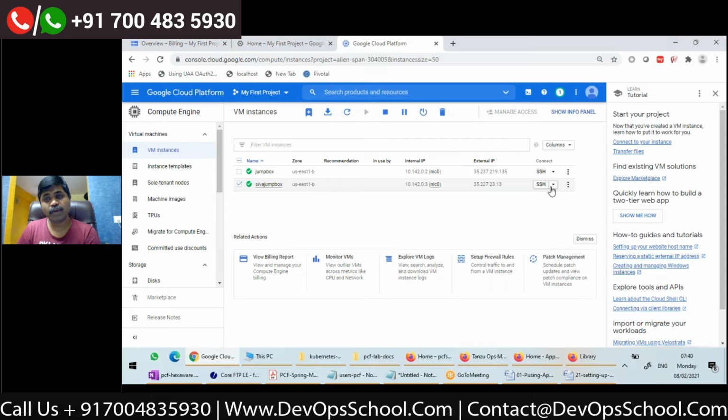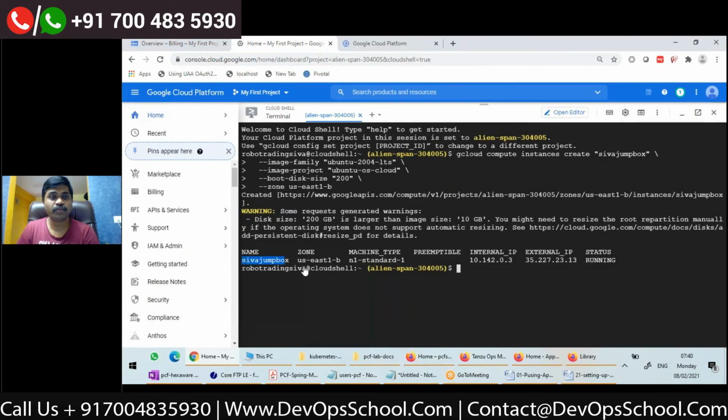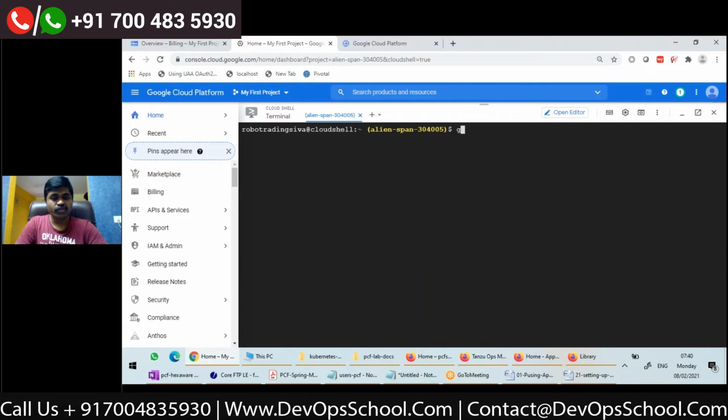Now I'll be able to SSH into this one. How to SSH? Very simple. I'll clear the console. gcloud compute ssh, and the user by default is ubuntu at Siva Jump Box.